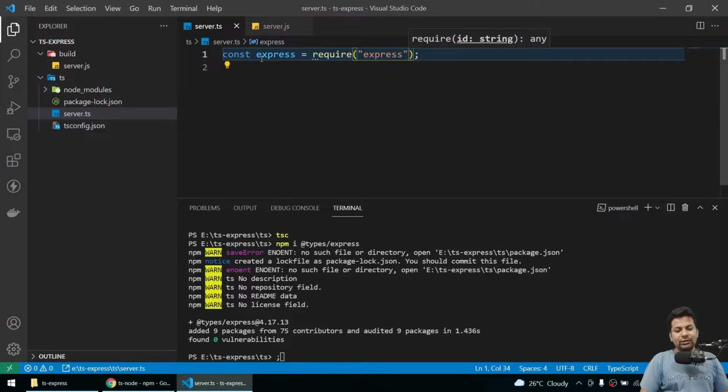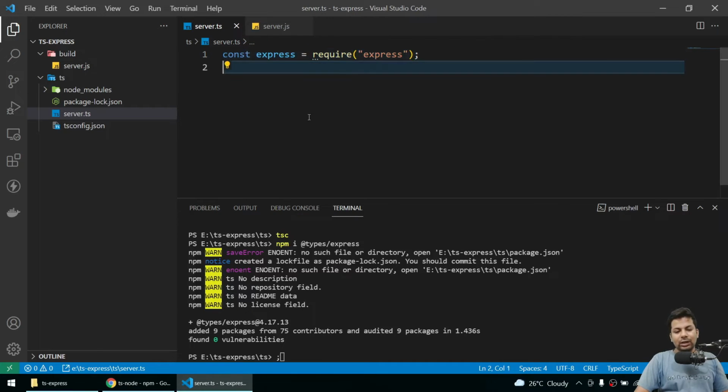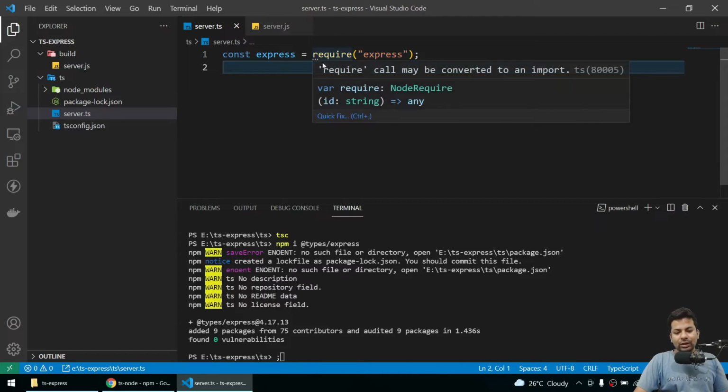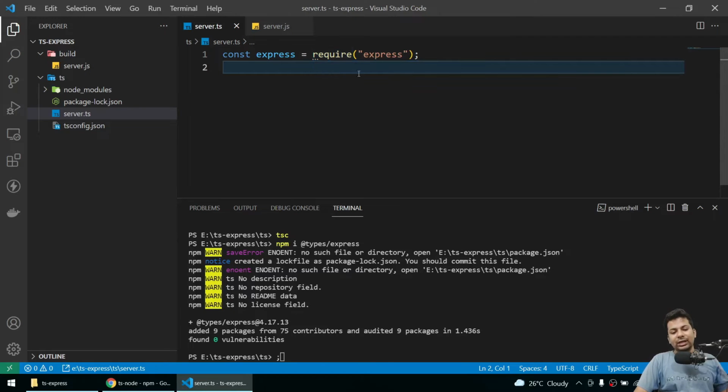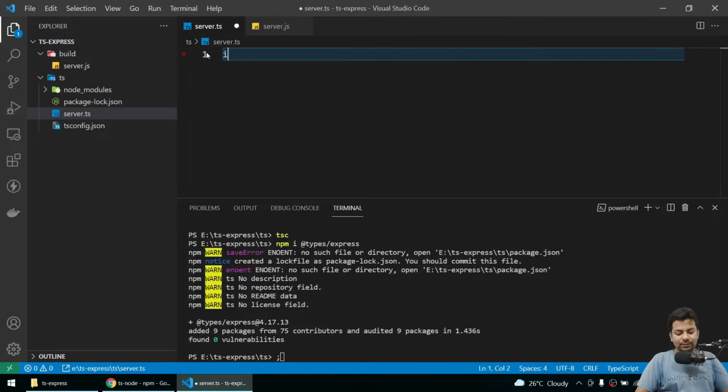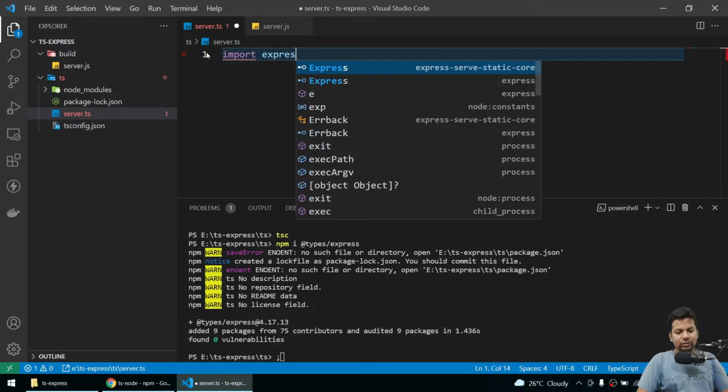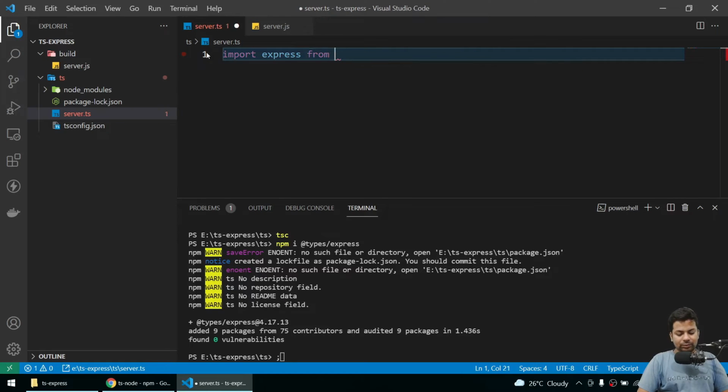I know it's completely working fine, there's no error showing, but that's not required. It's showing you the require call may be converted to an import. Instead of writing this length, I can just say import express from